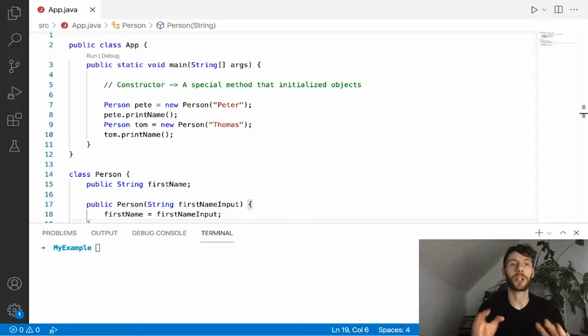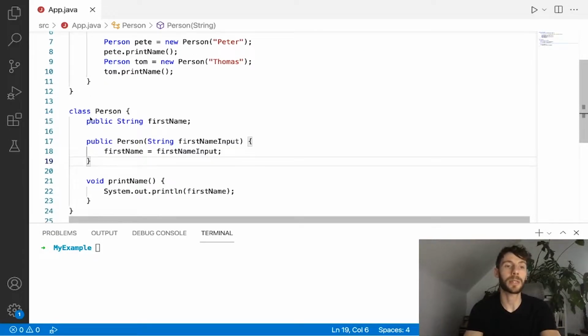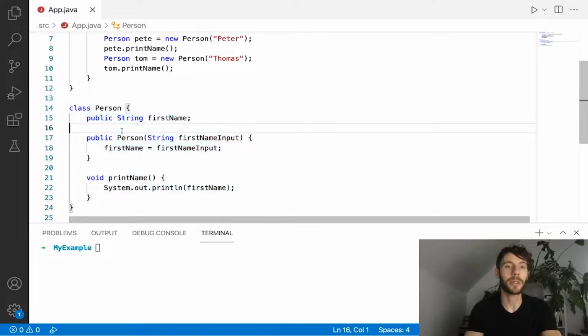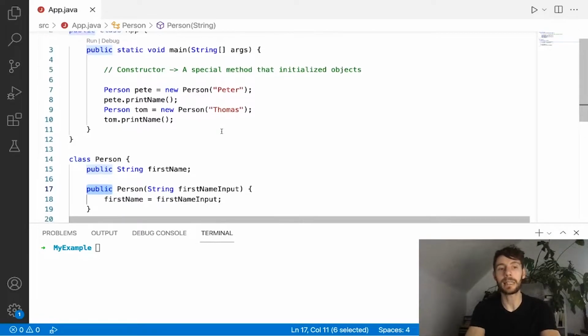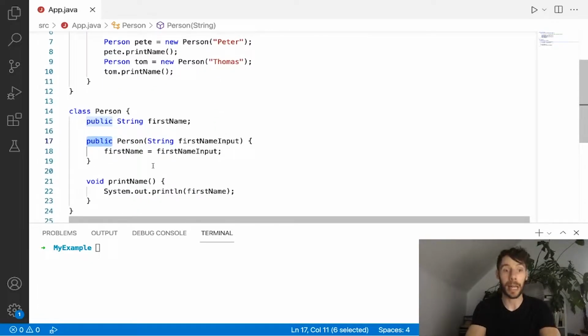So I have our code pulled up from our last tutorial, and you can see we have our person class created here. And you might notice that we have these public keywords before our member variable and before our constructor here. And that's cool, that's fine, but a lot of times when you're creating a class, you don't want to